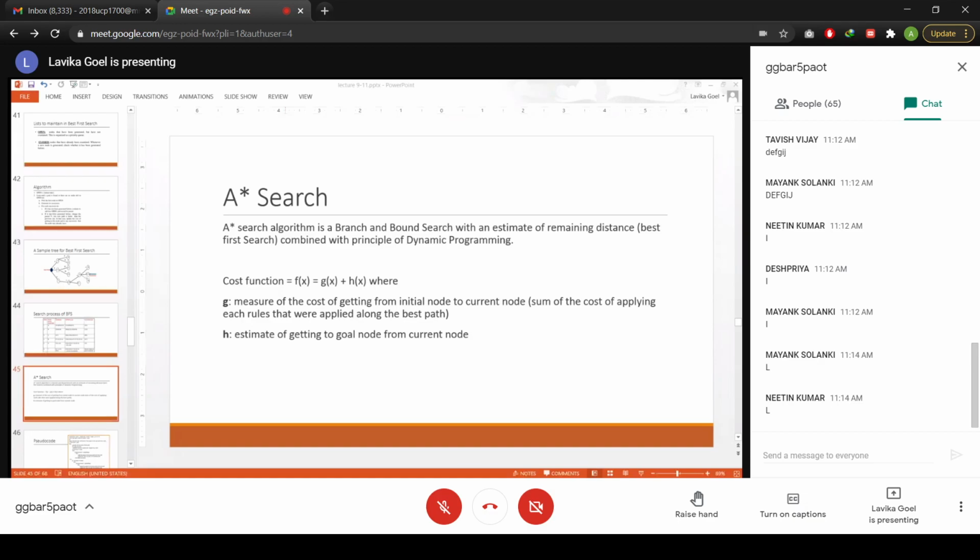What is the use of this G value? If you have duplicate nodes, in order to find out which path is better, you use these G values. So the G value is very important when you want to change the paths if there is a duplicate node. In that case, you will use this G value. Fine.